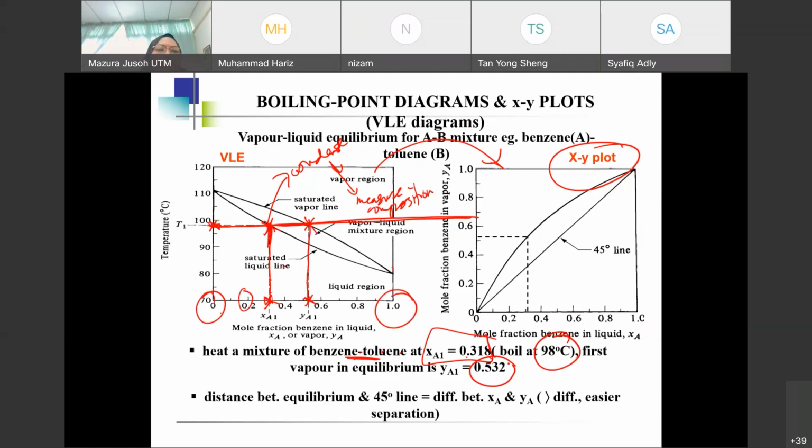So maybe you want to do it for 0.2, you want to do it for 0.4, you want to do it for 0.6, 0.8. Okay, and you have to repeat with all those initial mole fractions and see at what temperature it will produce its first vapor. Go condense again and then condense, get what composition it has. And you have to do this over and over again for a few points on the graph